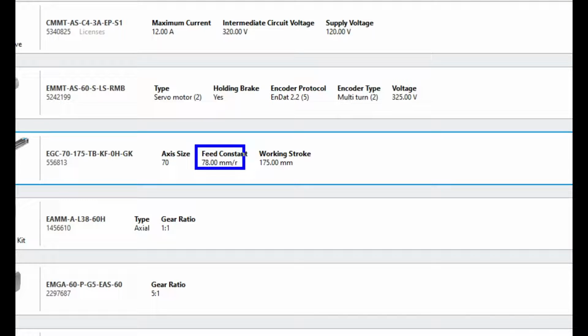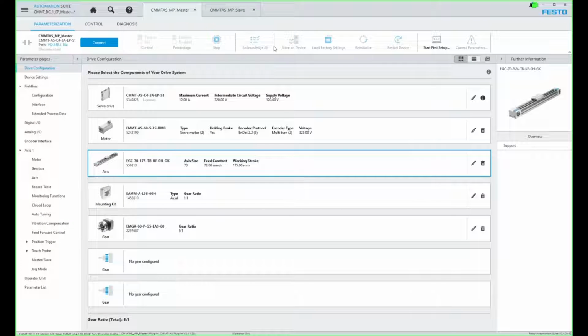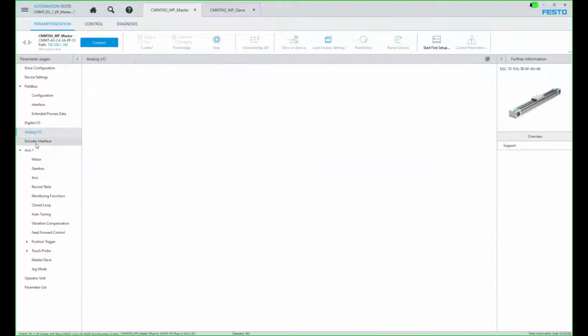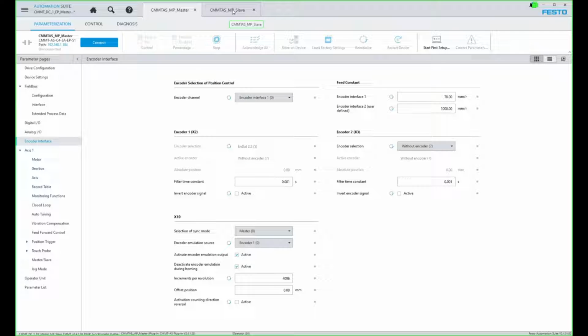So it's right here. Feed constant of the axis is 78 millimeters. That is the same on the slave, same on the master, in this particular case. So we're going to type in 78 here,